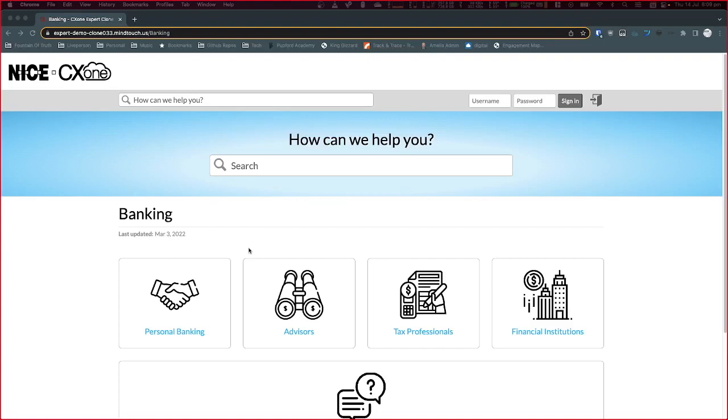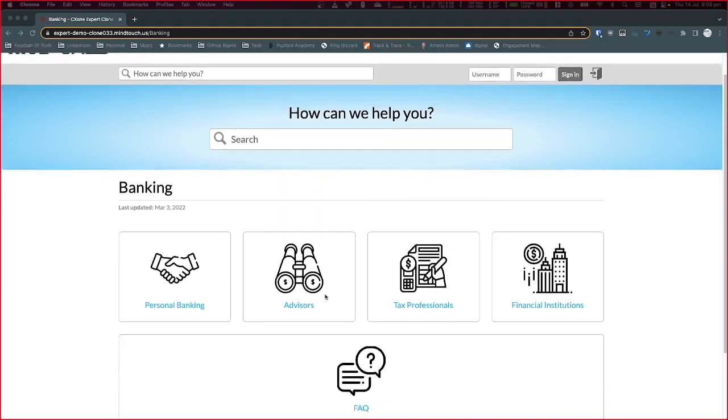But once the consumer is on Expert, if they need to find content from within the platform, there's a number of ways they can navigate and find the help that they need to resolve their issue. So the first of them is through category navigation. As you can see on this page, there's a number of high-level categories in relation to the line of